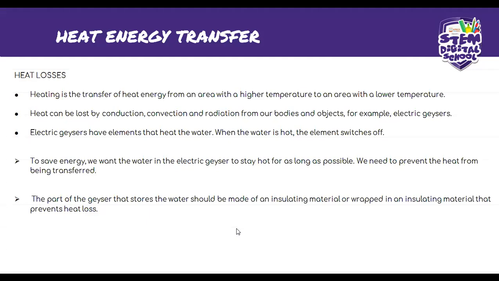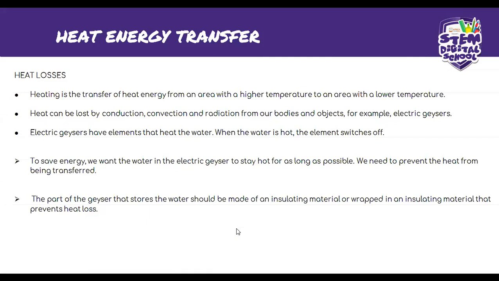You plug it in, then when your water starts boiling, if your heater is a geyser, then it is supposed to automatically switch off. So that is the operation or the technique that is used in